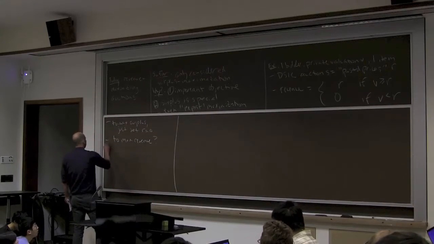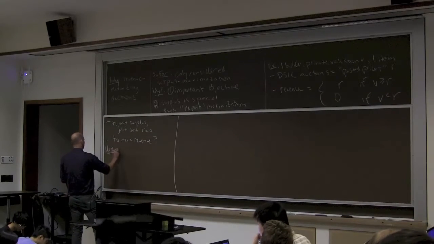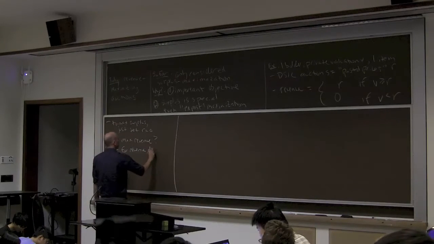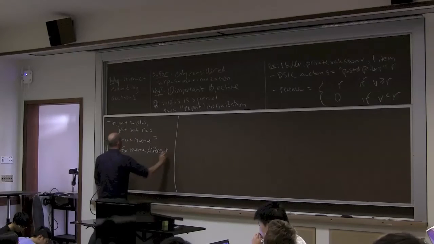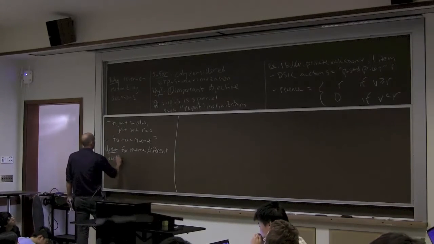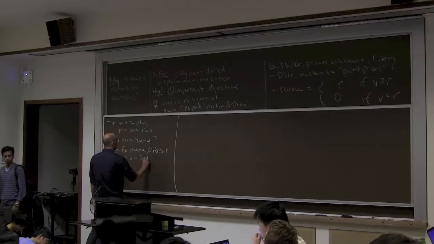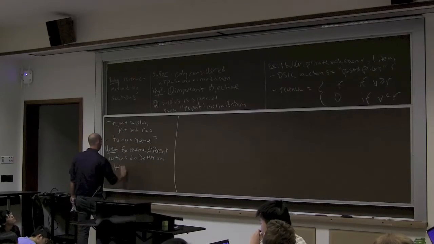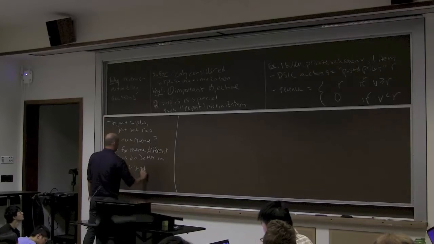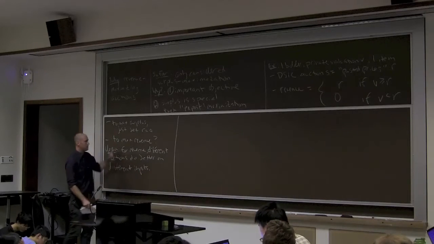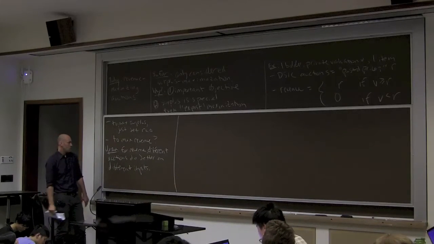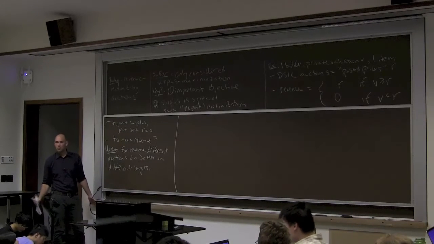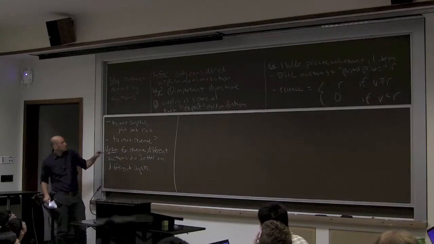So, upshot. For revenue, unlike for surplus, different auctions do better on different inputs. So for example, with one bidder, the auction which posts a price of 20, well, that's going to do really great on inputs where the private value is close to 20